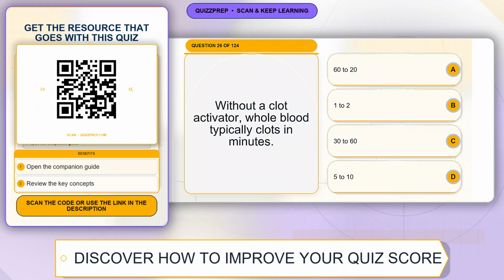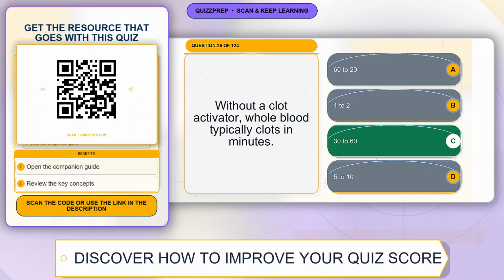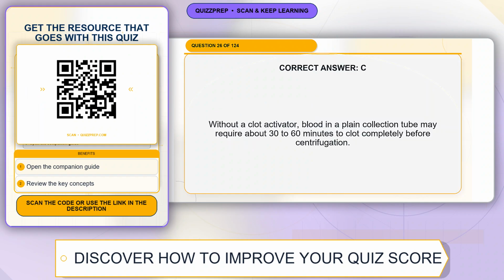Question 26. Without a clot activator, whole blood typically clots in minutes. Option A, 60 to 20. Option B, 1 to 2. Option C, 30 to 60. Option D, 5 to 10. The correct answer is option C, 30 to 60. Explanation. Without a clot activator, blood in a plain collection tube may require about 30 to 60 minutes to clot